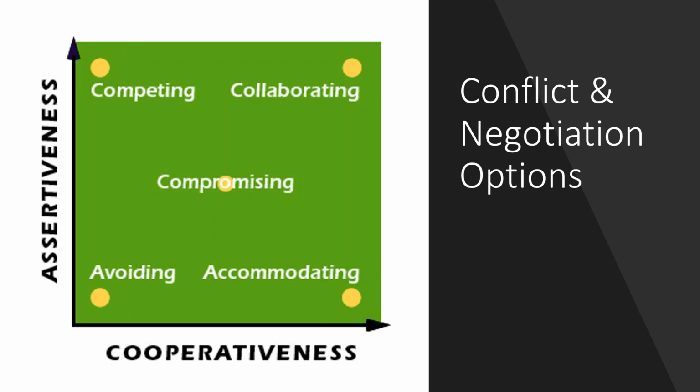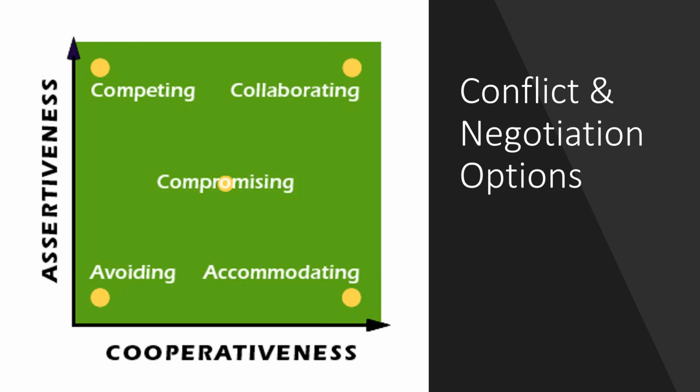And what that would imply is that you're perhaps allowing people to take advantage of your goodwill at different times. So it's important to try to reconcile that. The other way to look at this is to look at your score comparative to the other four scores. So if your competing score is much lower than your other four scores, then it probably suggests that you could be doing more of that. And of course, if it's relatively high, as I said, it may be that you believe that it's the appropriate way when in fact there are other ways of dealing with conflict.